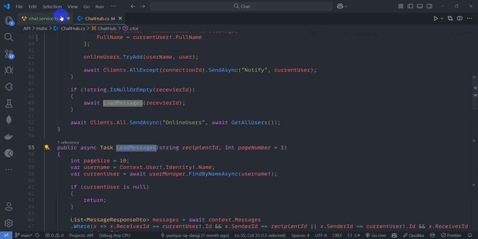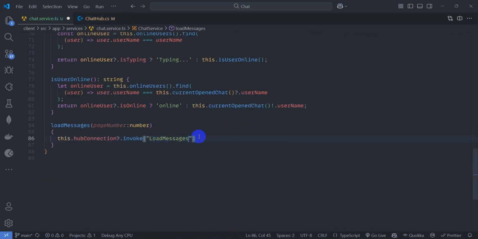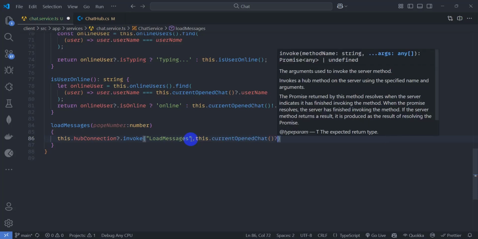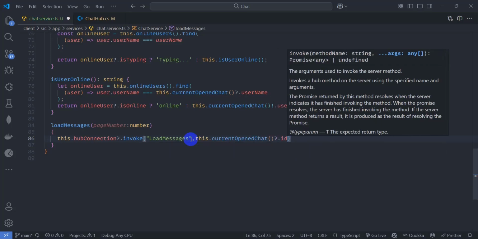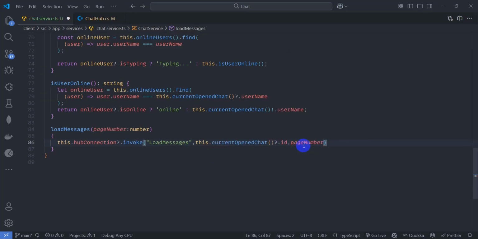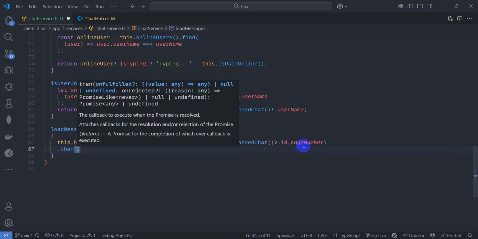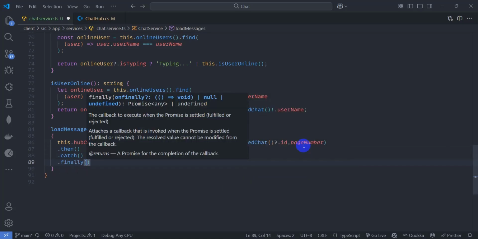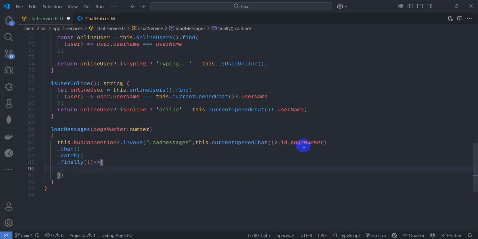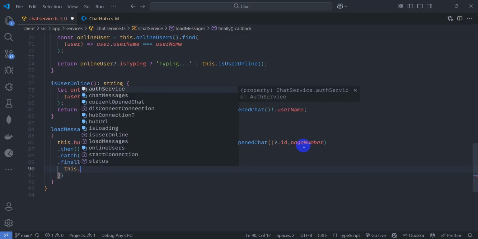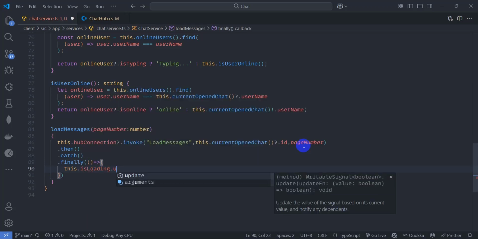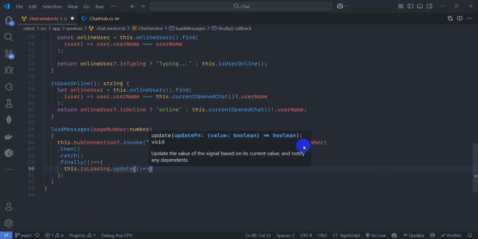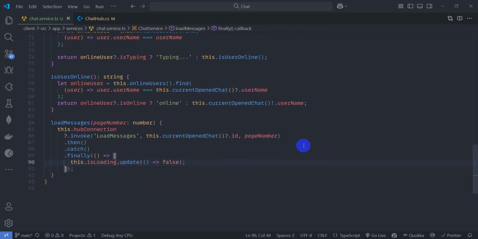So let's copy this one and paste here. this.currentOpenChat.id, let's pass page number here, .then .catch, and finally let's update our loading state isLoading.update false. Save it,